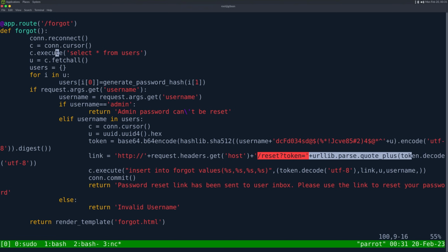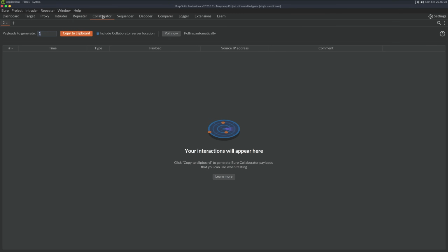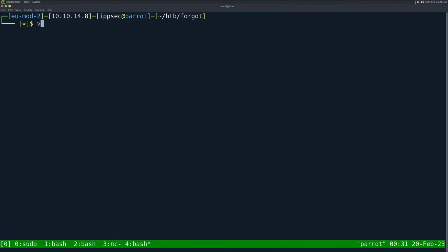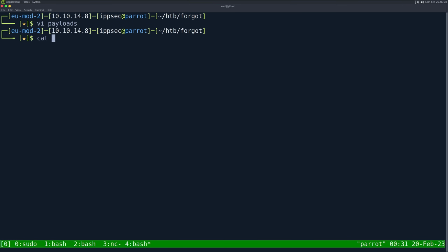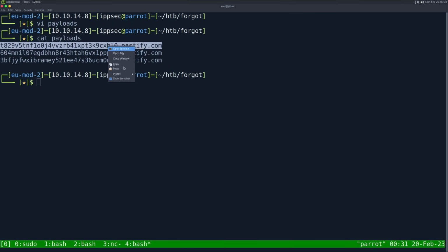And we can prove that very easily by just standing up a web server, sending a link in email, and seeing if anything gets clicked. The easiest way for me to stand up a web server is just to use Burpsuite Collaborator, which is a paid thing. I'm going to copy 3 links to my clipboard, and we can show what it does real quick. So if I just do payloads, we got 3 different ones, right? And if I copy this,